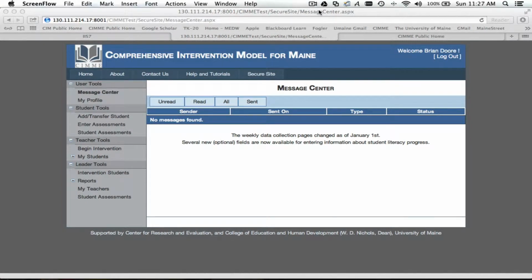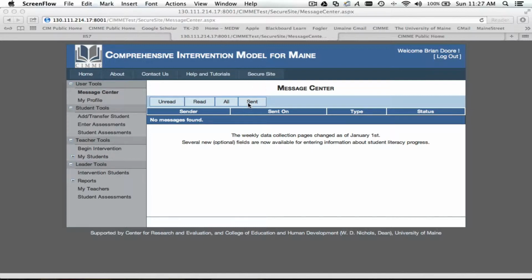Today I'm going to show you how to add intervention data. Intervention data is the data that we collect each week in our interventions with students, whether it's an assisted writing group, a guided reading plus group, or a reading recovery intervention. And to add this information to the SIM system,